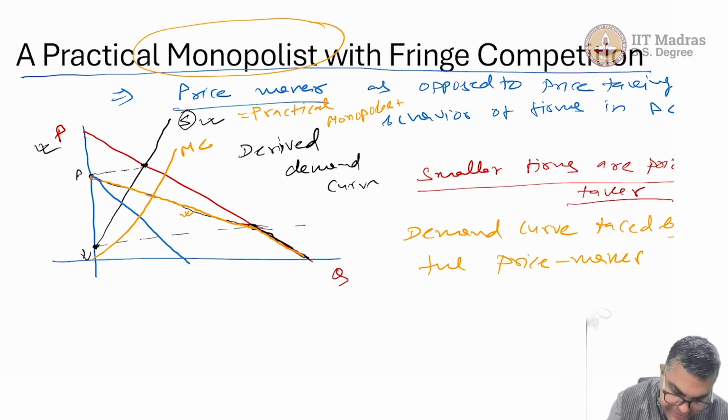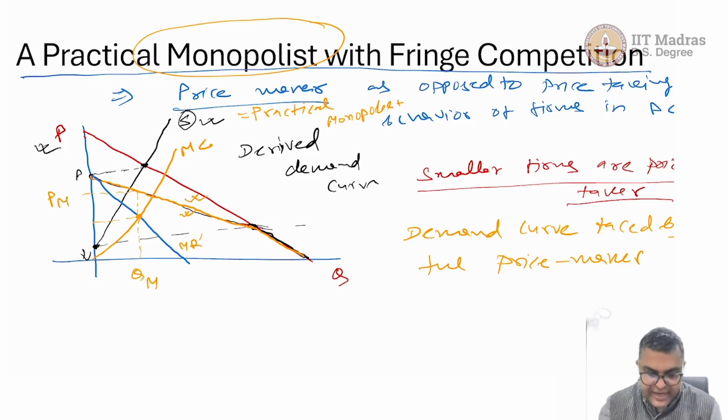So where do we see the intersection? This is MR that the firm is getting, and so this is what this practical monopolist will supply. And at which price? The price is going to be this much, because this is the demand curve that this practical monopolist is seeing. And at this price,